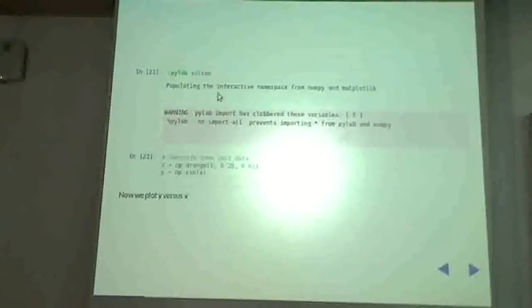Then what do you do? Let's begin to try and make our first plot. We'll do that by just making some x and y data. What it has done is it's imported NumPy as np already, so we don't have to do that separately. x is equal to np.arange 0 to